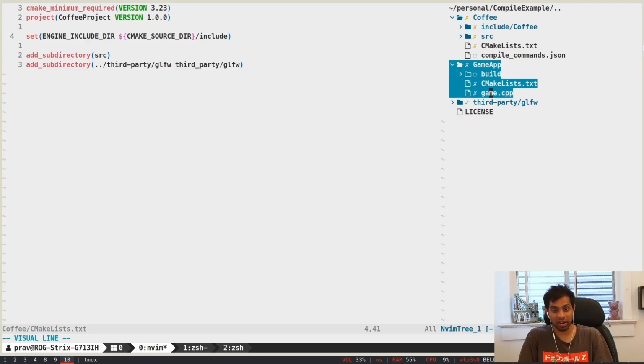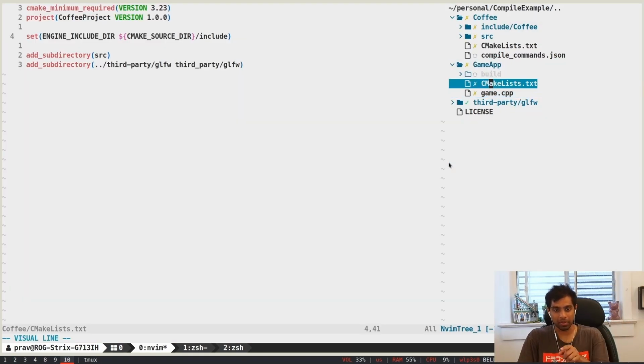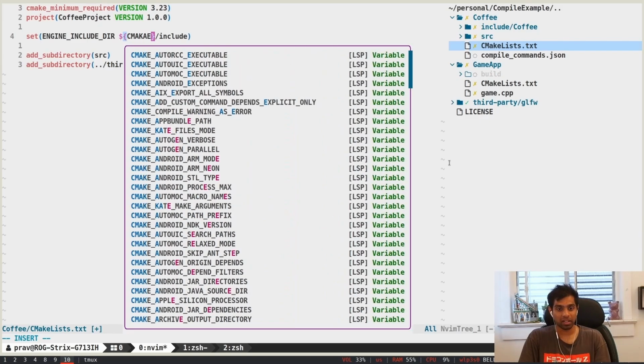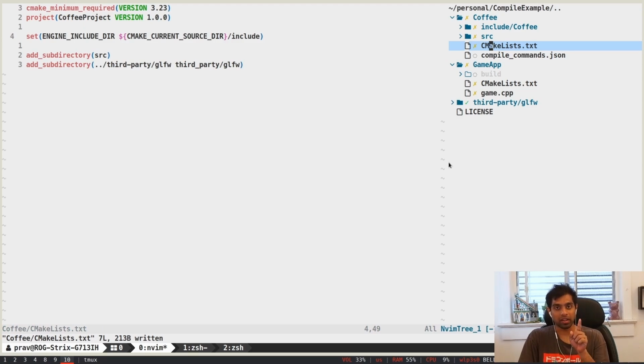But because we are running the commands from here right now, because we're building everything together at once, so I'm mentioning all the build source files about the engine inside this CML file, whenever I specify CMake source directory, that's going to be this folder, right? So what we have to do is change this to CMake current source directory instead, right? So like I told you earlier, the difference between source folder and the current folder is